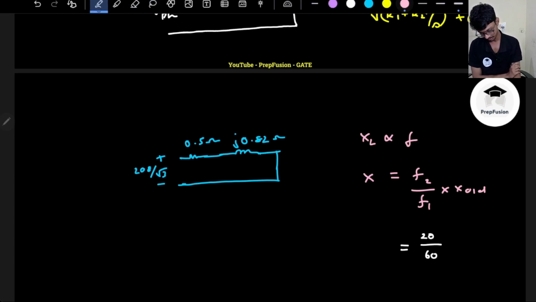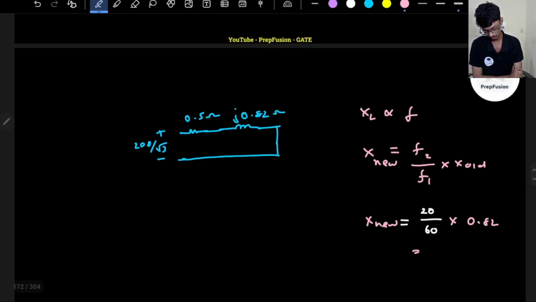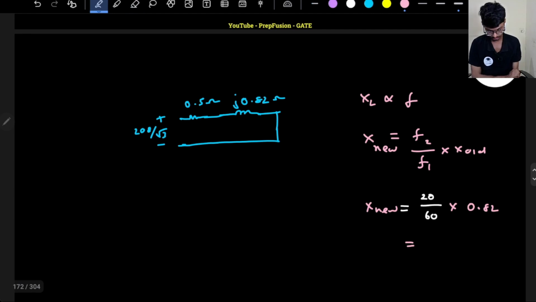This is X new, right? X new will be one third into X old, that is 0.82. So this value will be 0.82 divided by 3, which is 0.2733 ohms. Okay, so now the circuit will be, this is not the circuit, right,